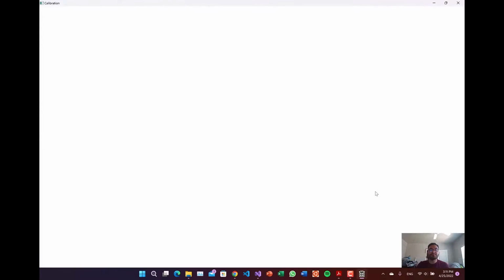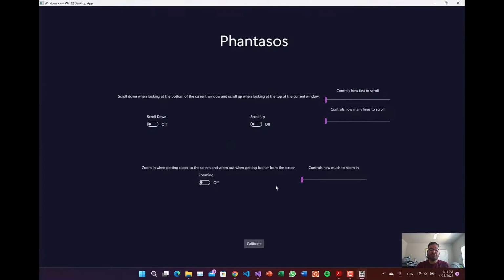Now here we have to get closer to the screen, so the sensor can measure the proximity to the center of the screen. And it should be done any second now. Perfect. So now, for example, if we turn on the zoom function and we can control here, for example, the